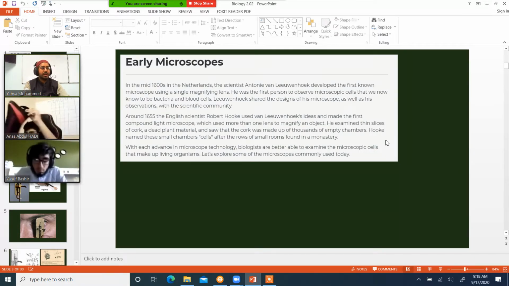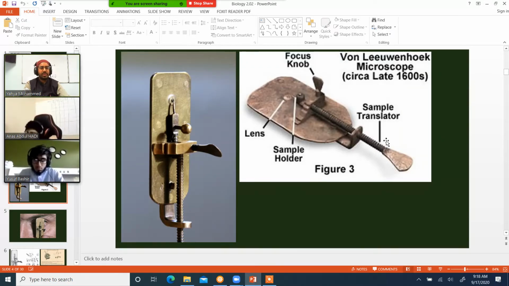So let's take a look at some early microscopes. This picture is showing you what is believed to be the first kind of microscope. You see this guy van Leeuwenhoek; I don't know if he was from the Netherlands or something like that. This is basically the first microscope that was used. You can see on this picture there's a tiny hole which has a tiny lens. And on the edge of that pin, where it says sample holder, you put a drop of something, or you attach a solid piece of something, and then you look through it from the other side.